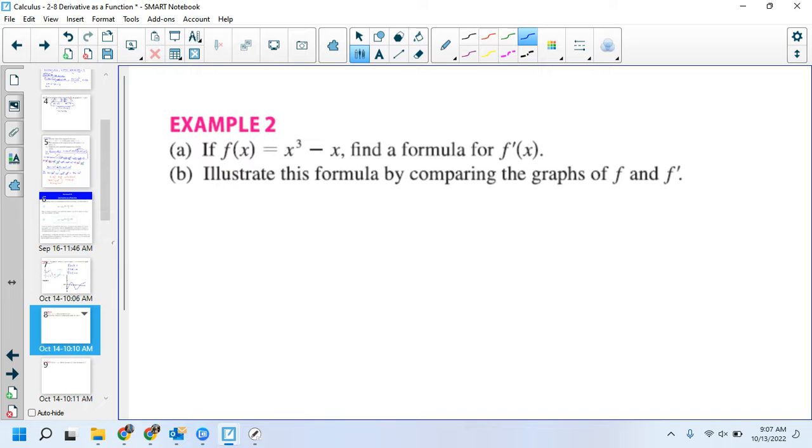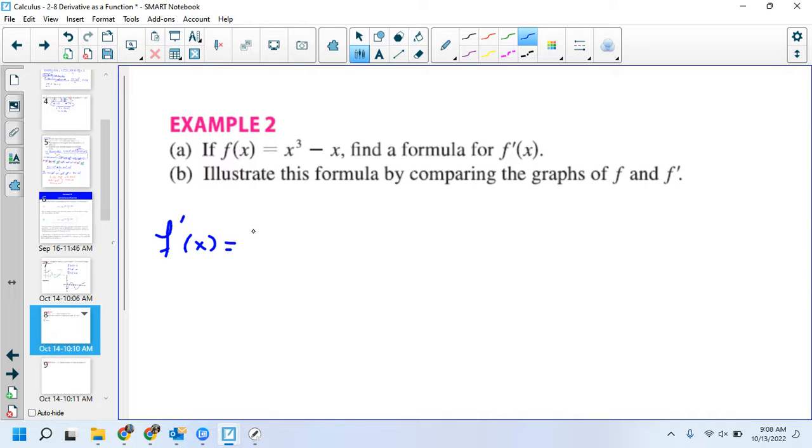All right, so let's take a look here. If f of x is equal to x to the third minus x, find the formula for f prime of x. Boo. And the reason I say boo is because they gave us an x to the third. Lame. Could have illustrated it just as good if it was x squared minus x, but I will comply, I will follow directions. X to the third minus x. Find a formula for f prime of x. Okay, so f prime of x